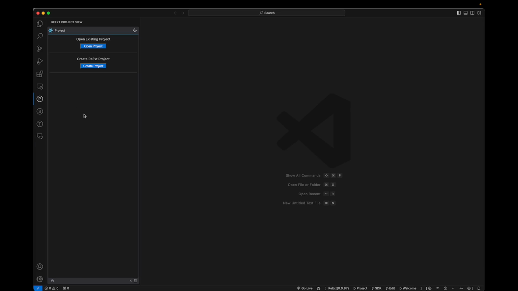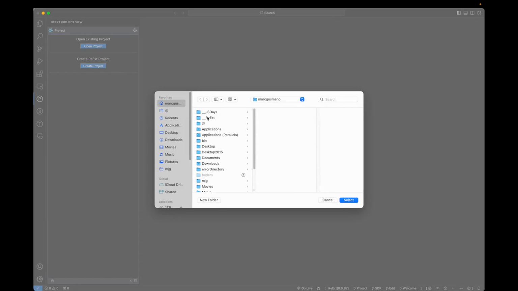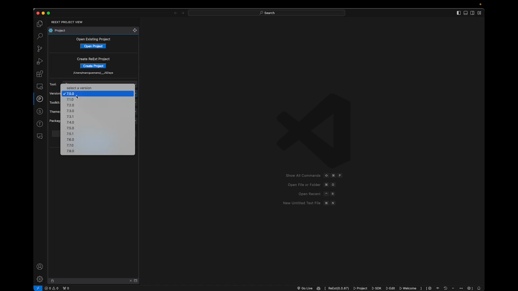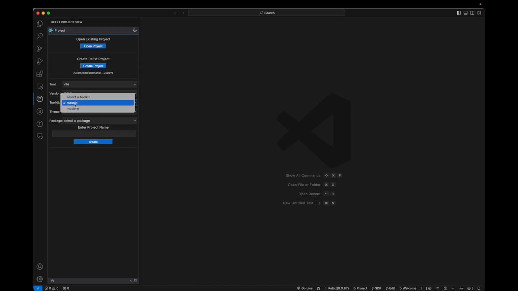And the first thing it's asking you to do is either open up an existing ReExt project or create a new ReExt project. So let's go ahead and create a new one. I'll go ahead and put it in this JS Days folder that I have. Once I've selected a folder, it asks me which tool I'd like to use. I'm going to use Vite just like I did in the manual steps. We'll go ahead and leave this to version 7. I'll use a classic toolkit, classic theme. I could optionally pick one or more packages. I'll give this a name